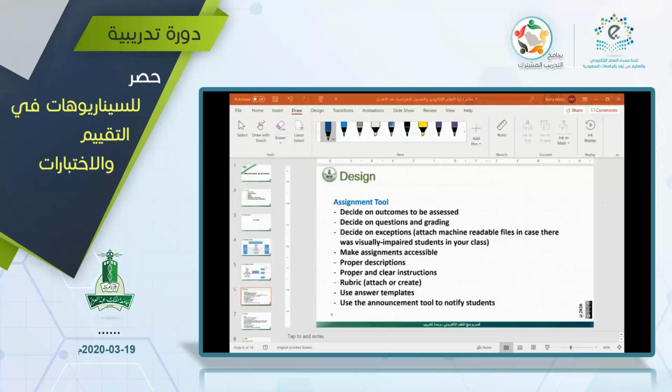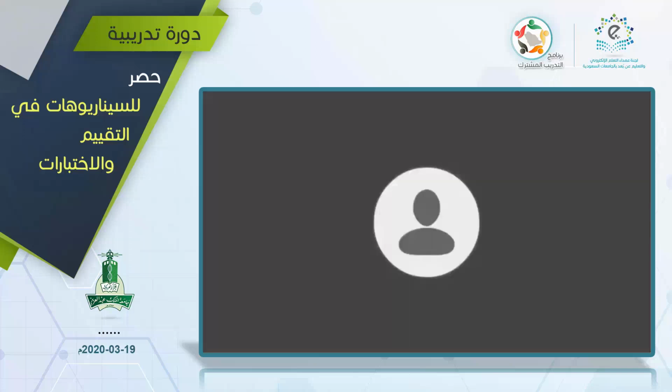I'm moving on with the presentation. Anything that relates to this bit, I can explain. Now with the test tool, almost the same thing. I'll gloss over: decide on outcomes to be assessed, decide questions and grading. This is very clear. Create question pools. We have to demonstrate that and decide on exceptions, etc. I think most of the rest of this guideline is very close to the previous one. The most important